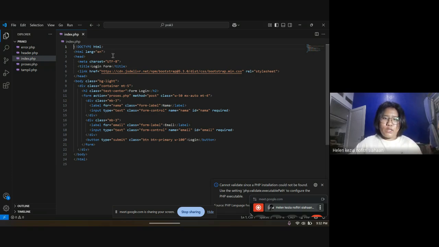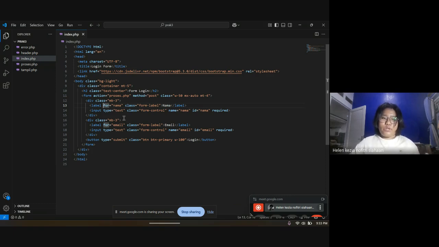As you can see, we can go into the body. In here, I'm using a label for the nama, class form-control, and then the input is type text, class form-control, the name is nama and the ID is nama, and then the email.